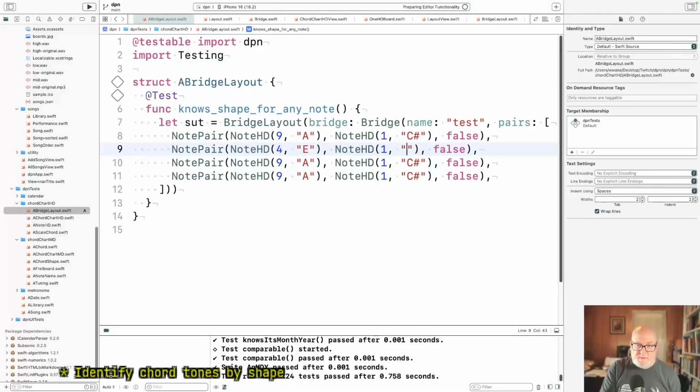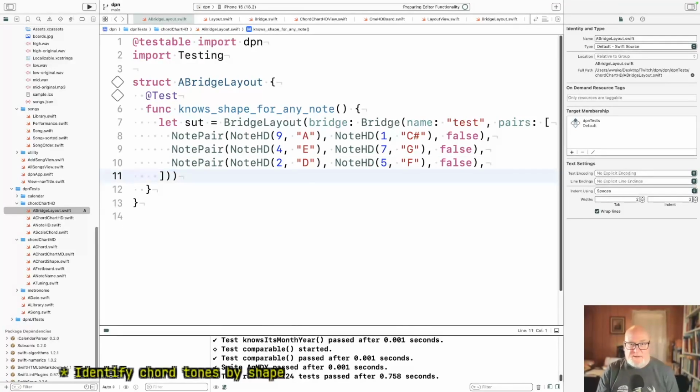And G is 7. And D is 2. And F is 5. I'm a little random. Maybe I should sort them, but